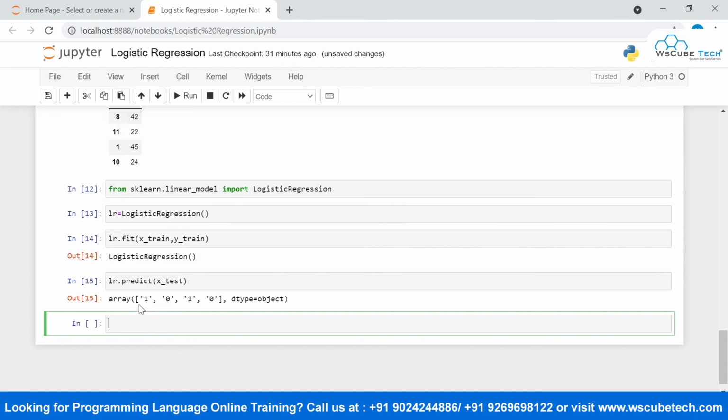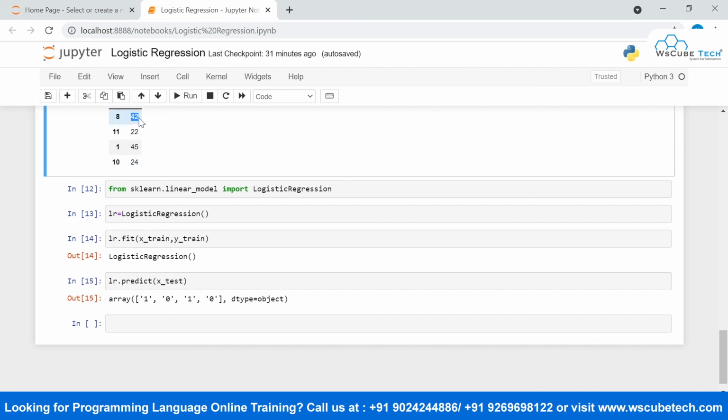Fine. So I got an array, and if you observe, the person whose age is 42 is likely to buy this insurance, it has given 1. The person whose age is 22 is not likely interested to buy the insurance, so 0. The person whose age is 45 is likely to buy an insurance, and the person whose age is 24 is not likely to buy an insurance.